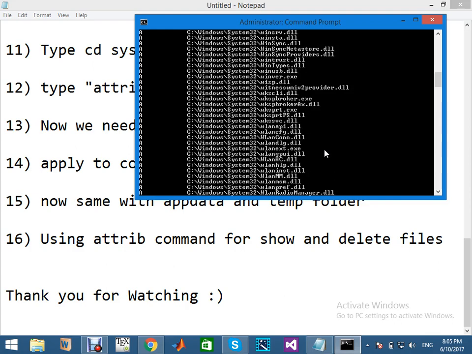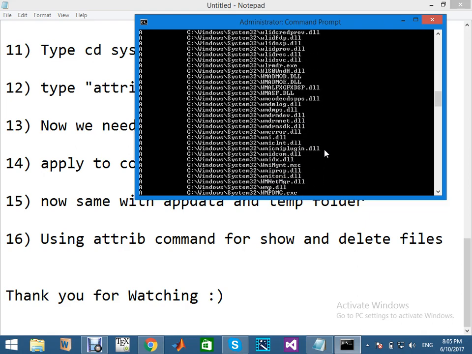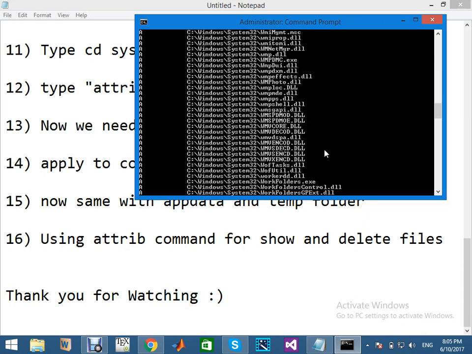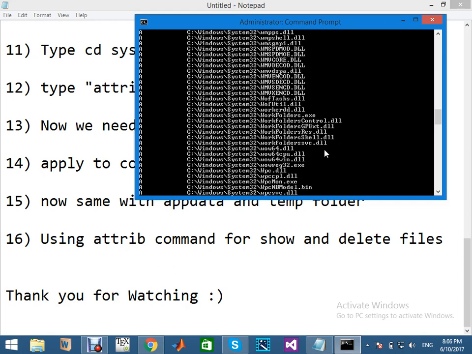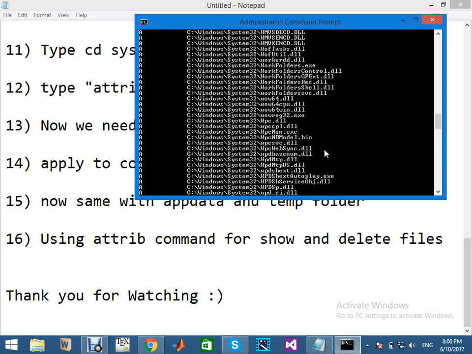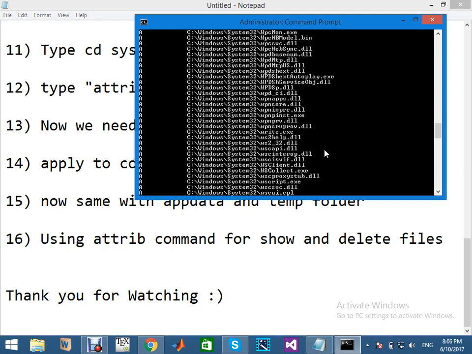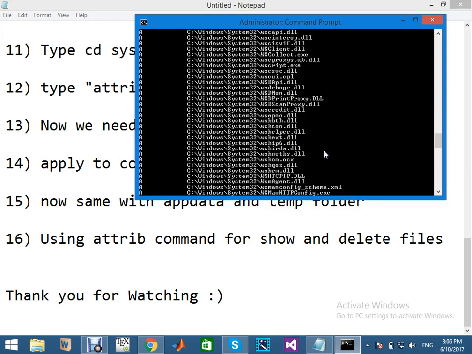Still I didn't see any of them, because my Windows is running very well and has no virus. So check the files from top to bottom. Yes, here is a .dll, .ocx.